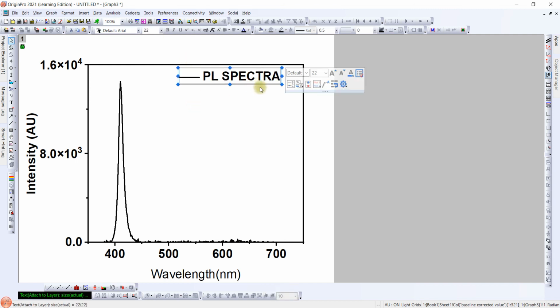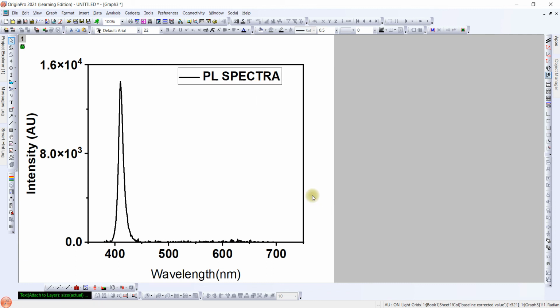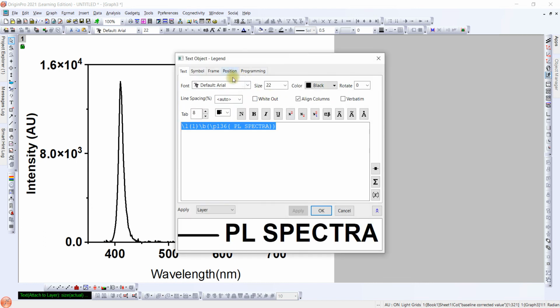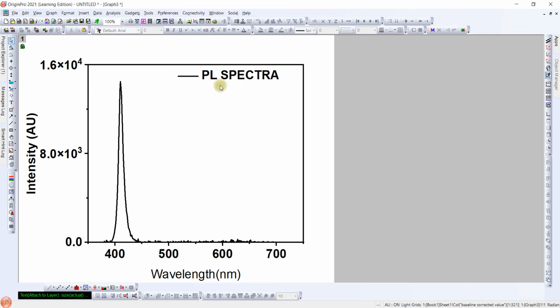By clicking here, right click, go to properties and go to frame. If you want to remove that box, you can select here none. So you got this. So this is the final PL spectra, and for PL maxima you can read this value. This corresponds to 411 nanometer, 411.468 nanometer. So PL maxima is